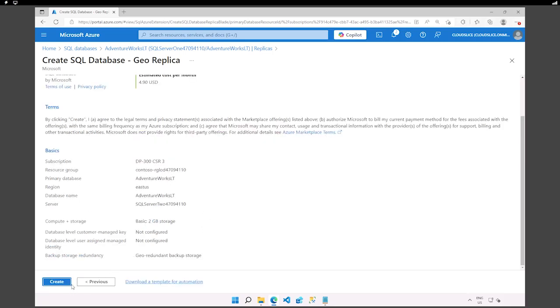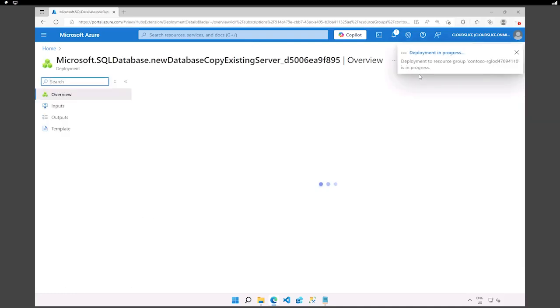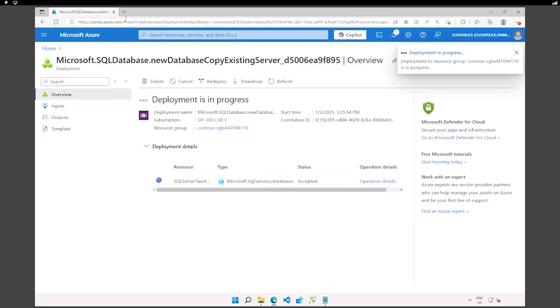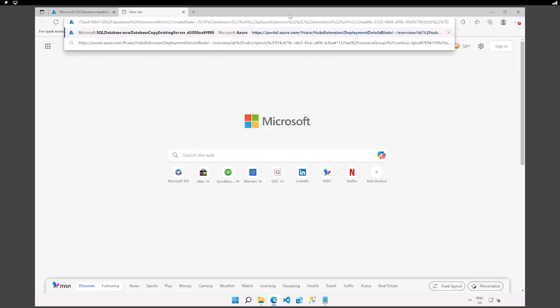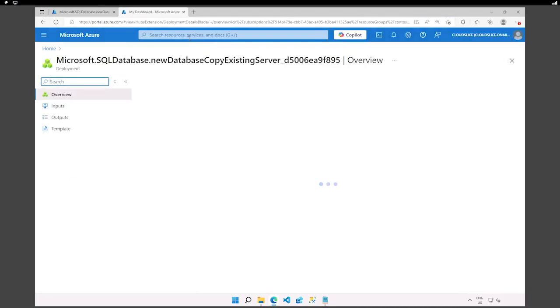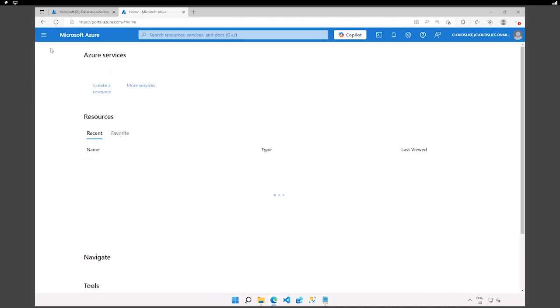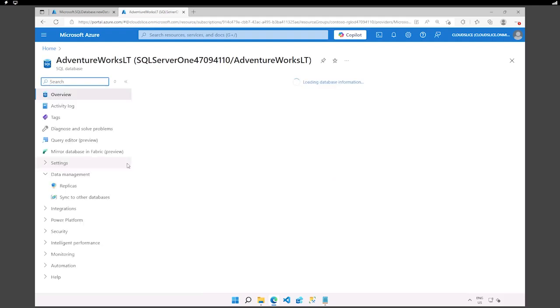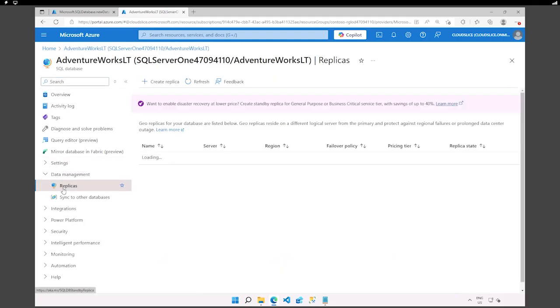All right, so let's do it. Review, create. All right, submitting. Perfect. So it's creating. In the meantime, what I'm going to be doing is that I will go and open a new tab here on the Azure subscription. And what I'm going to be doing is that I will go check what is running directly on that database. All right, so let's go ahead. Gonna look at the replicas, and we can see, look at this.